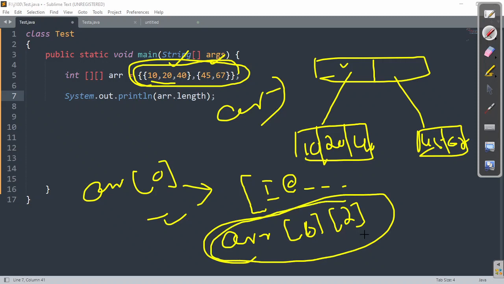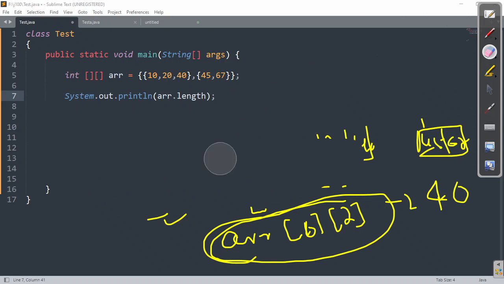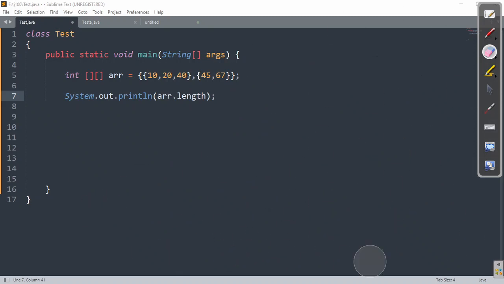ARR of 0 means this one. ARR of 0 followed by 2. 0, 1, 2. So the answer will be how much? 40. Clear? Okay. So if you want to arrange like this, you can also arrange like this.